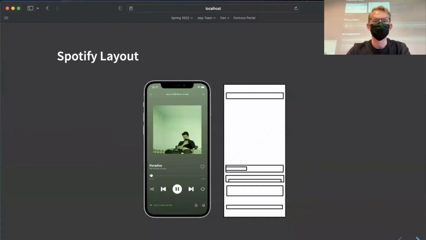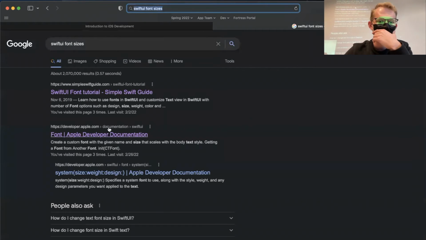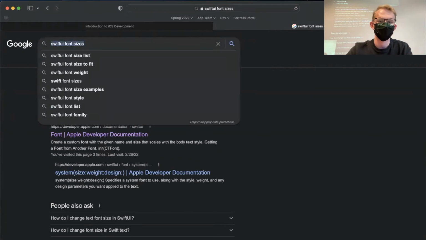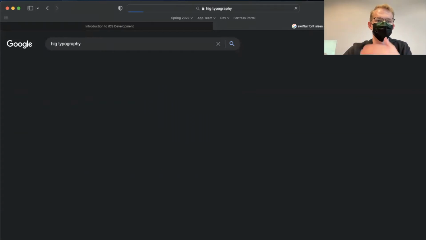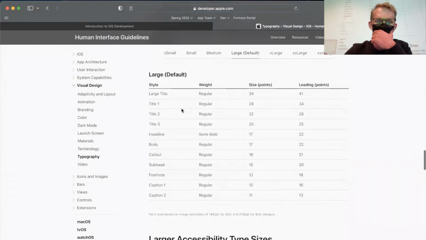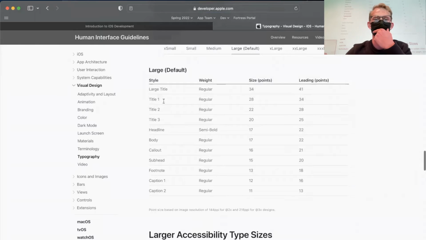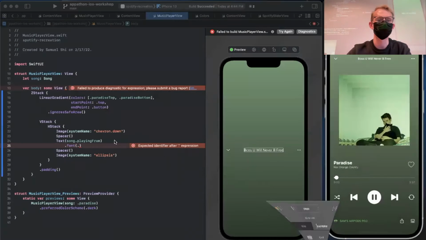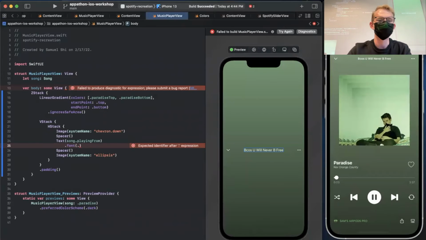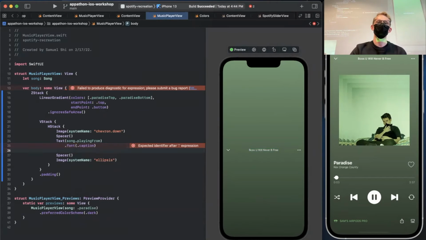I can maybe find this image, but it's actually in here. It shows how they relate to each other, and their default font sizes in different size categories. But I'm provided with all of these things. And there's a couple of reasons that I like to use these baked in fonts. One is because